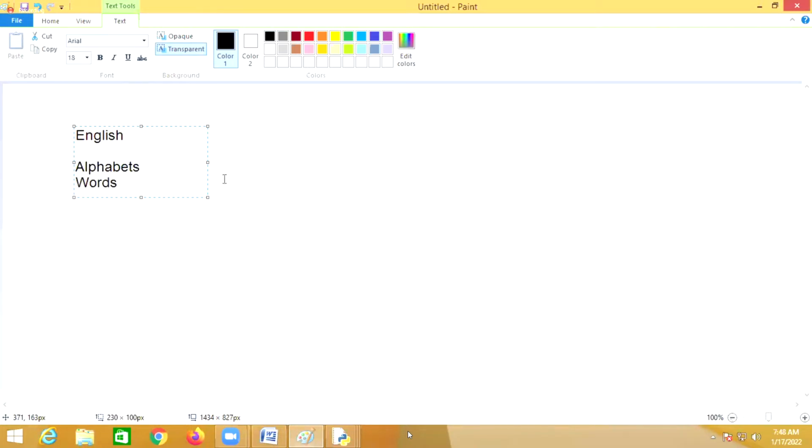Words. After learning words, next you try to learn which one? Sentences. After learning sentences, next he'll learn which one? Paragraphs.